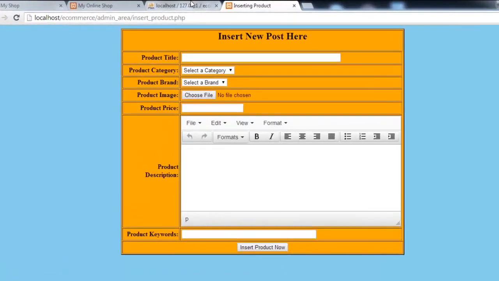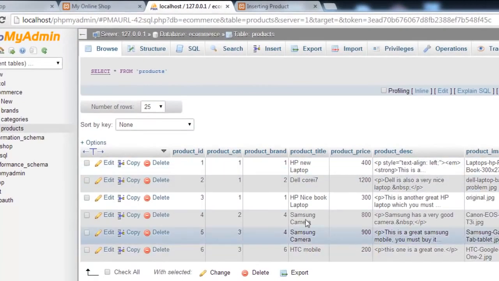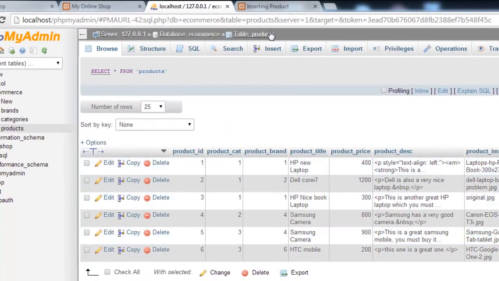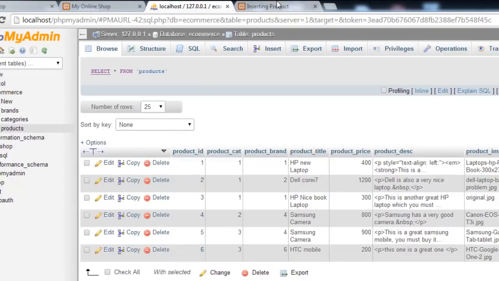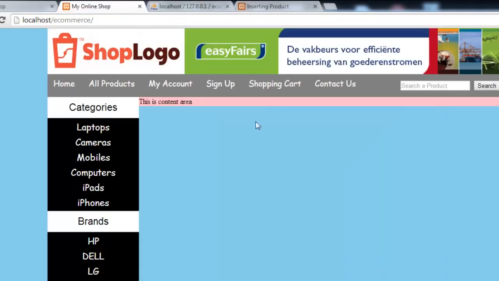So I have inserted some more products into the table, and now you can see these images are here in the folder products images. So now this is the time to display these products on the website here in the product area. So what we can do is basically